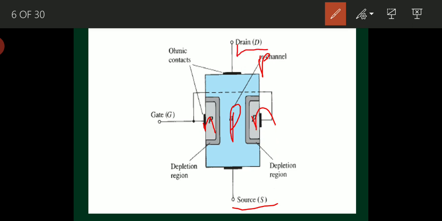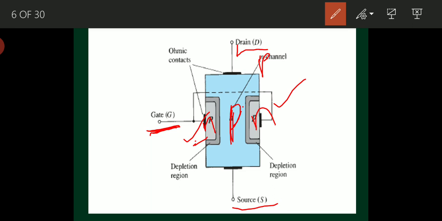And I will connect the third terminal, the gate, to the middle, which is connected to the n-type semiconductor. Between these two n-type regions, p-type material gives the way for charge carriers to move from source to drain. That's why it's called p channel JFET.